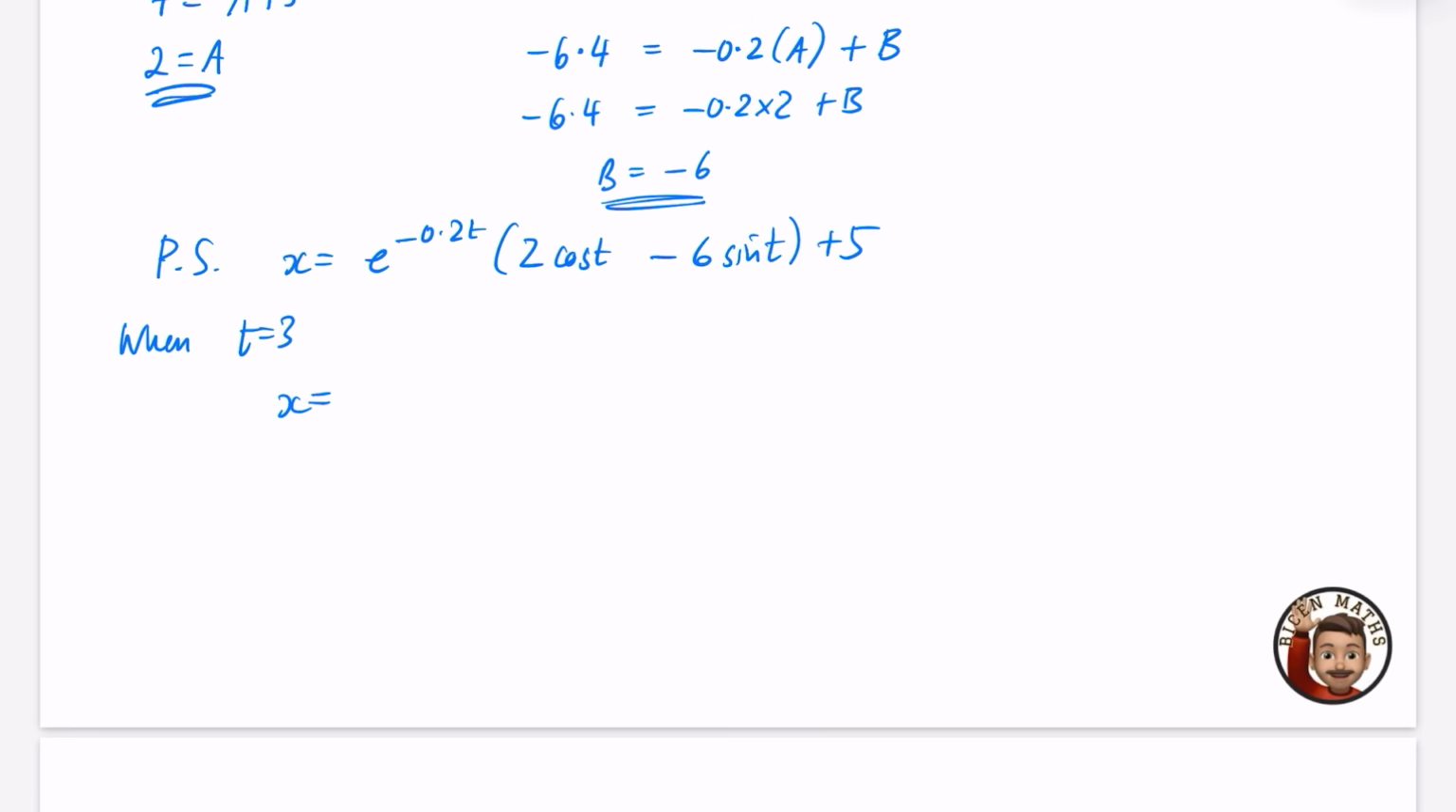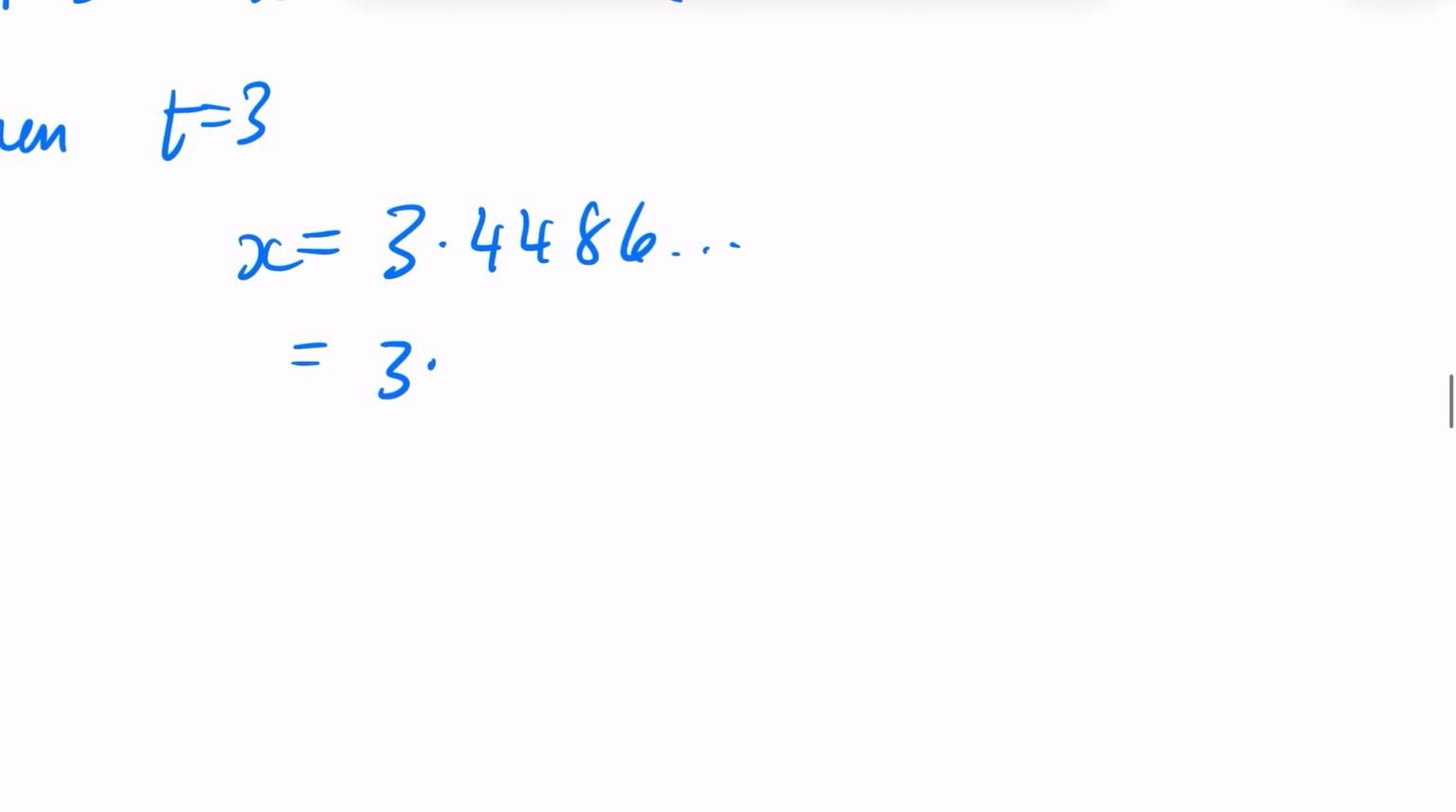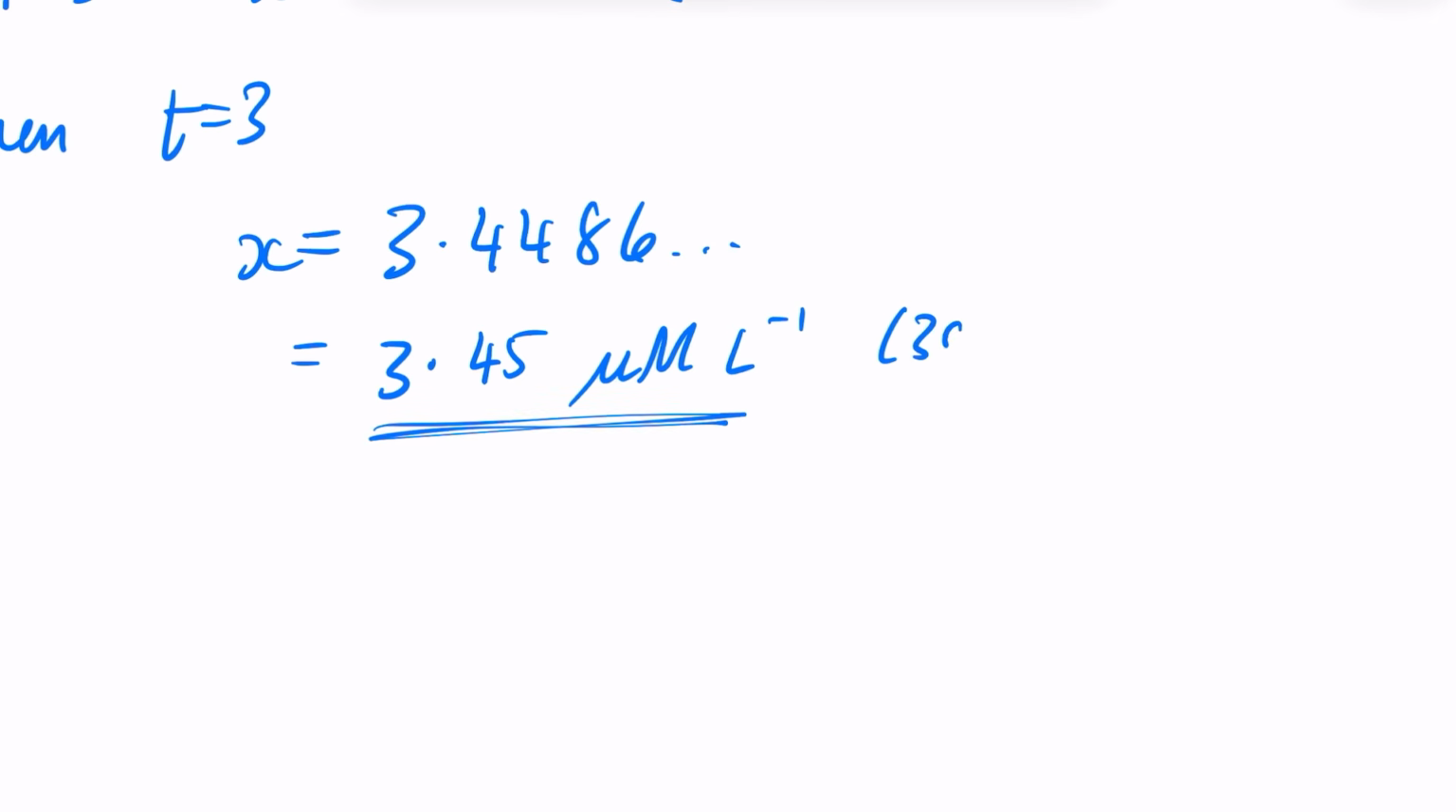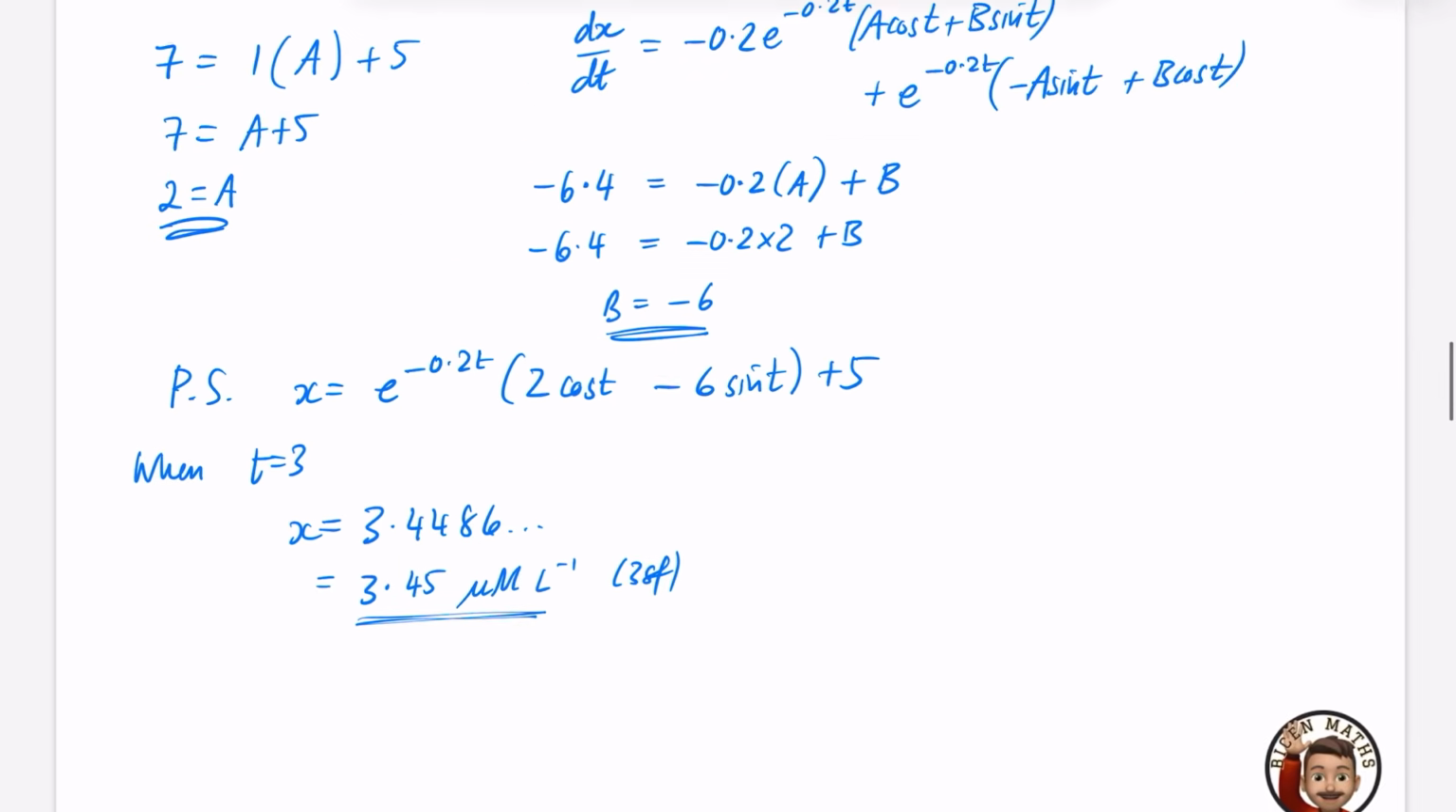You've got to be in radians because we're doing calculus here. Minus 6 sine answer. Close the brackets, plus 5, and we get 3.4486. I'm going to do it to 3 significant figures if it doesn't say. That's what they're expecting. That is 3.45